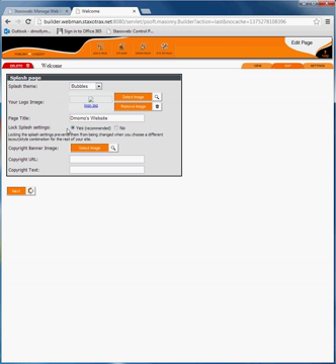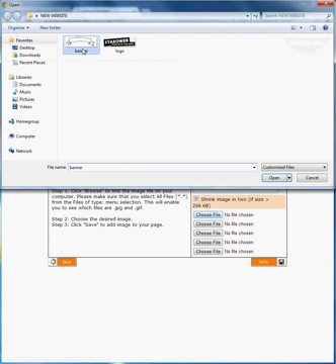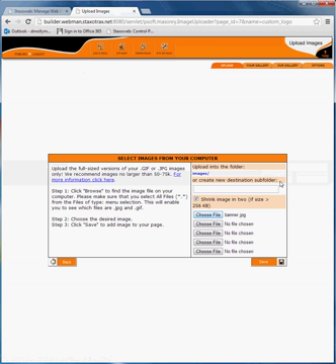And do you want to lock the splash settings? I'm just going to put yes, because obviously that's the recommended option. Now the banner image, you don't have to put a banner. It's nice if you put a banner, so I'm just going to put one in just for the purposes of